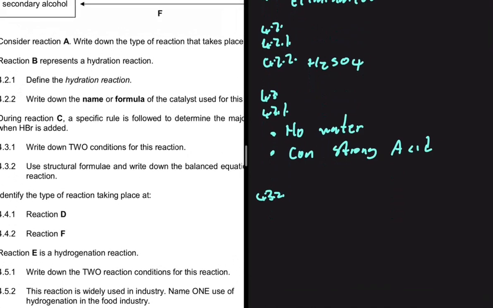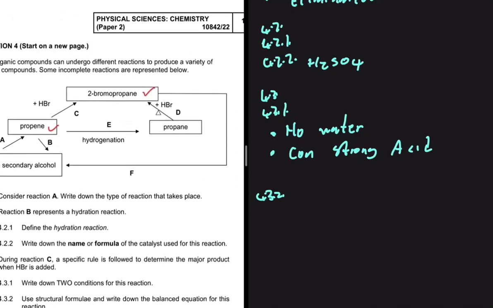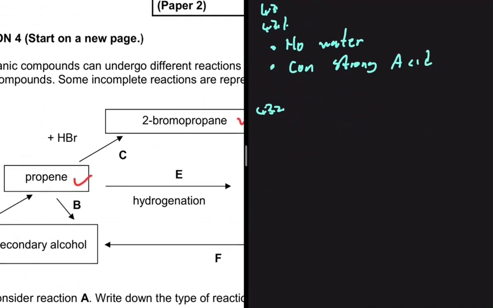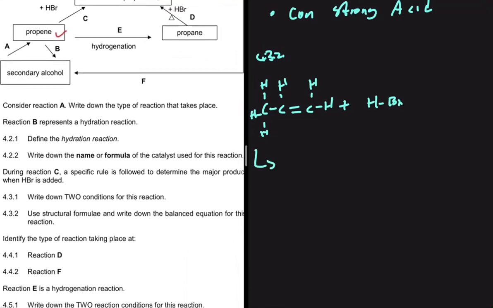4.3.2, use structural formula and write down the balanced equation for this reaction. So propene plus HBr. Let's go ahead and do that. So we're going to have 1, 2, 3 carbons, right? So 1, 2. Now we just need to add our hydrogens, and we're supposed to have something like that, plus HBr to give us something. If you look back to the question statement, it says that